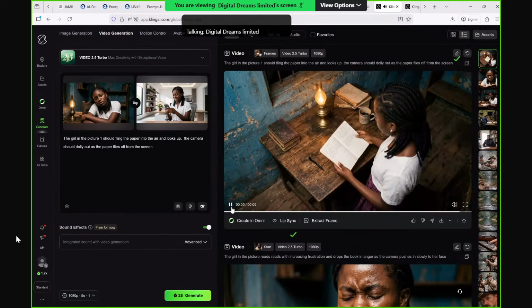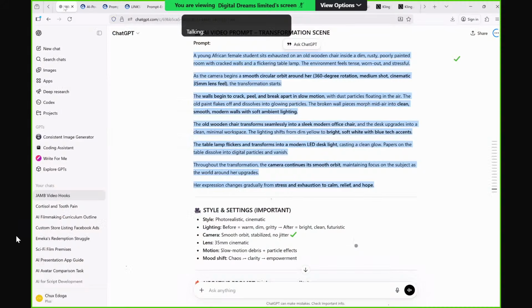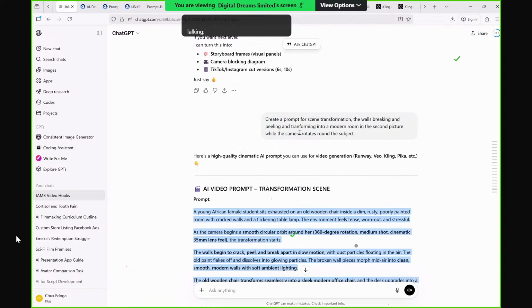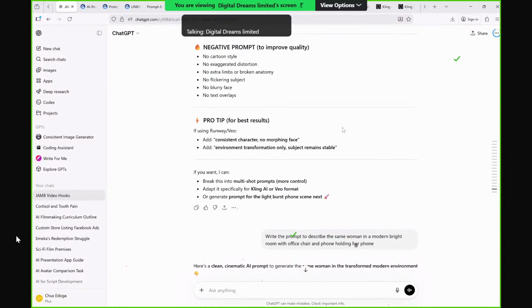So here I'm going to use a prompt to generate it. I'm going to write a prompt in ChatGPT for it to generate for me a prompt that will do it for me, right? So I go to ChatGPT and I say,